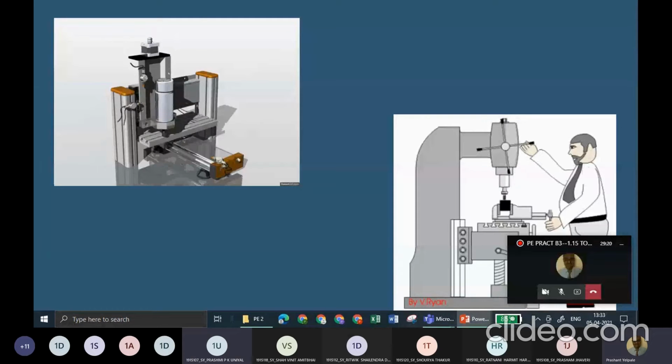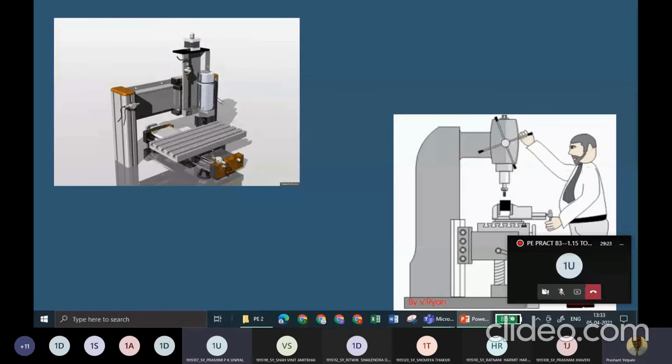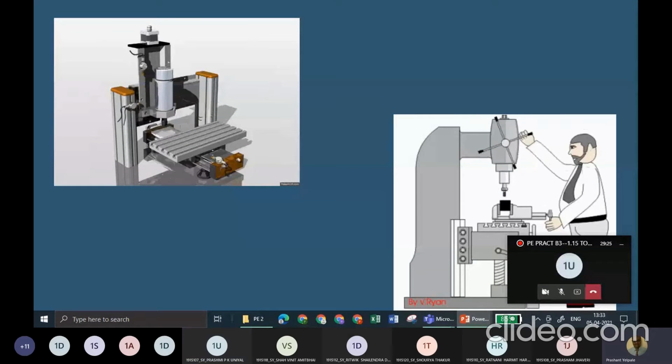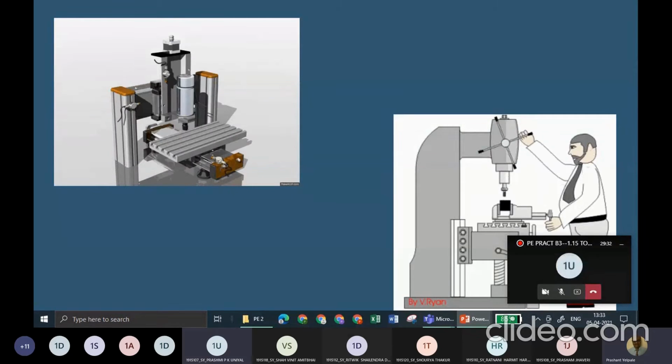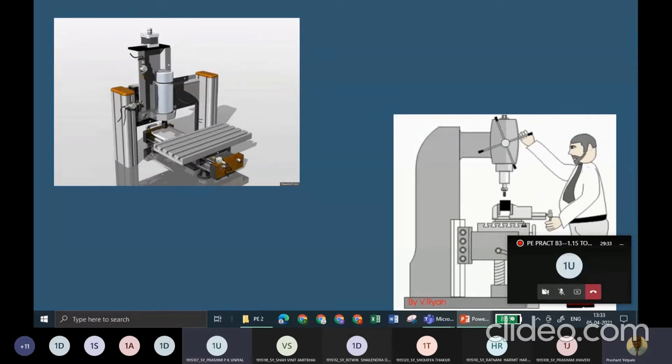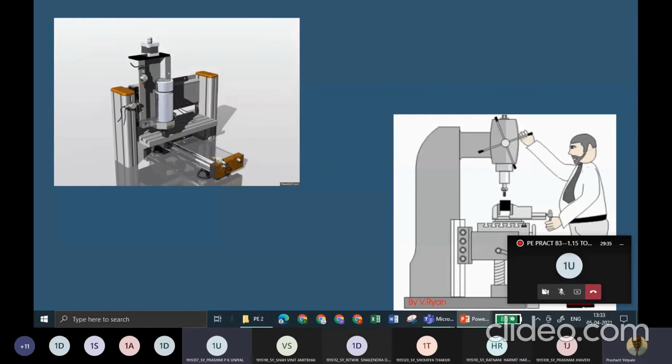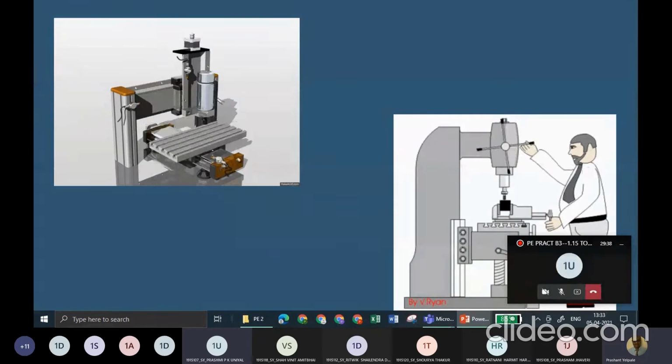Skilled labor is required, but the amount of manual labor decreases since the machine is automated.